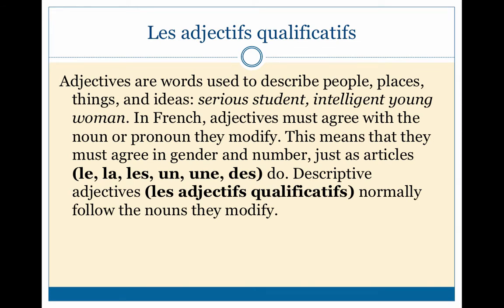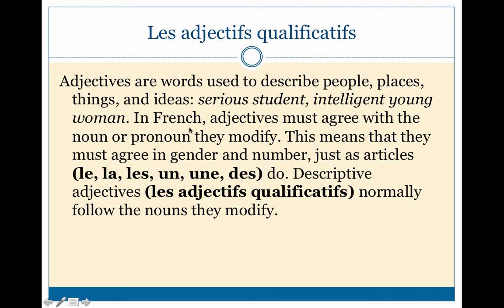Okay, so now that we have talked about definite and indefinite articles, we can move to a different part of the sentence because we've talked about the articles and the nouns. And so we can talk about adjectives. And that ties really nicely together here because just like those articles had to agree with the noun, adjectives also have to agree. Okay?